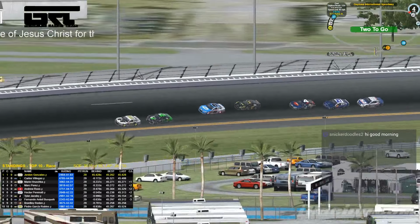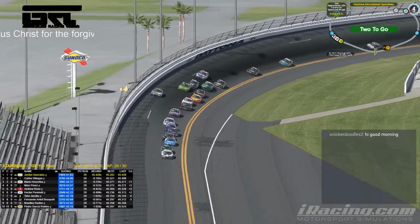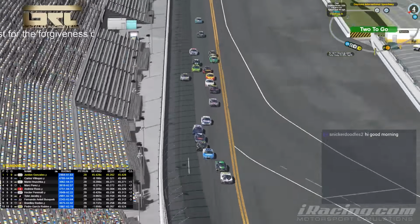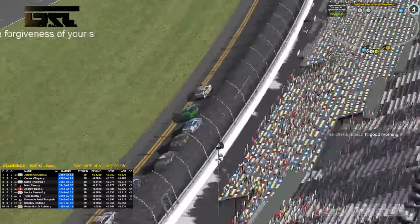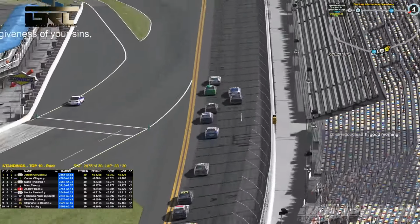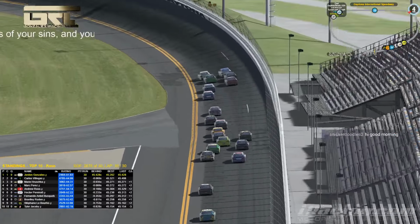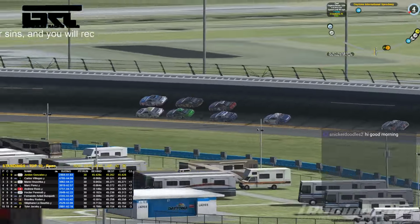And that huge gap that we're putting on between the 1 and the 8 is just going to come back to bite both of us. It's going to allow the back cars to get a good momentum and push for the lead. Got the 3 pushing the 8. The 4 ditches the 3, but he's not sure where he's going to go. But now he has to commit because he's got a car on his inside. That puts us